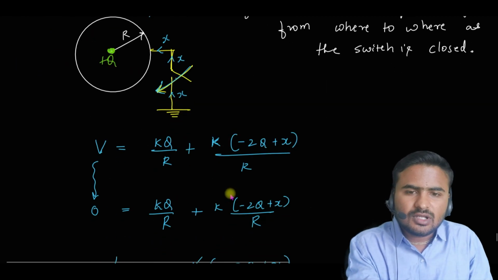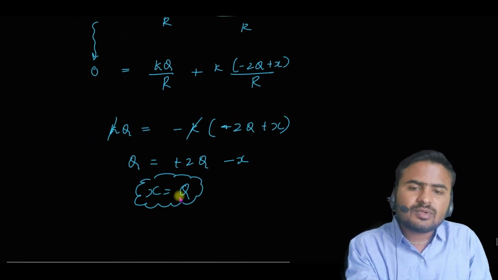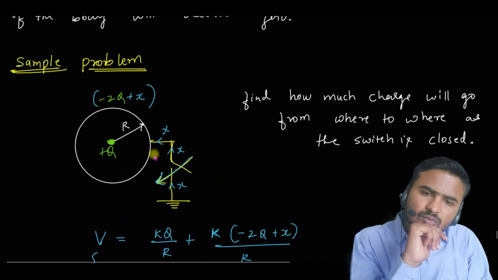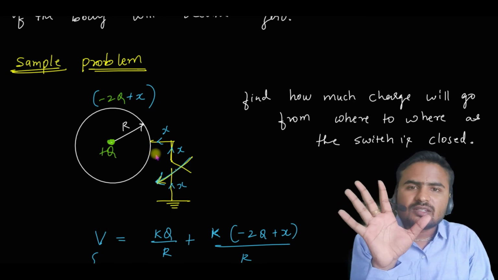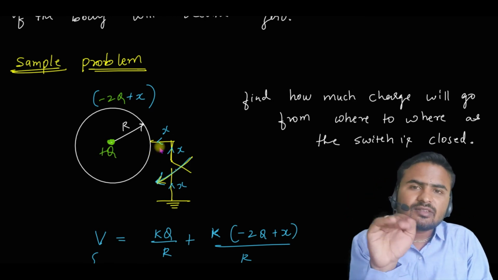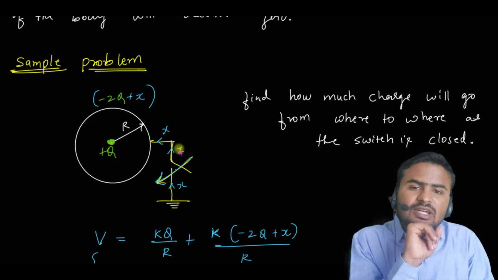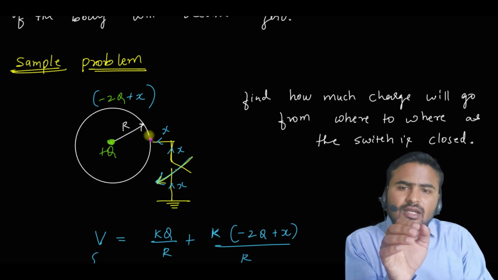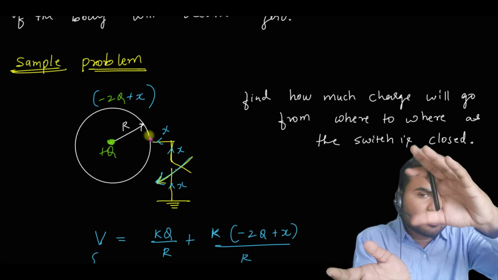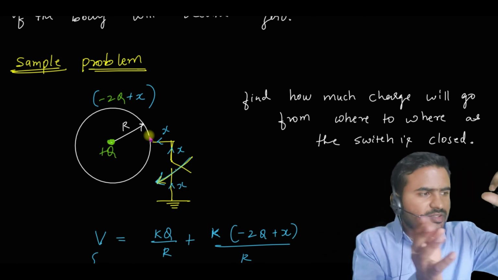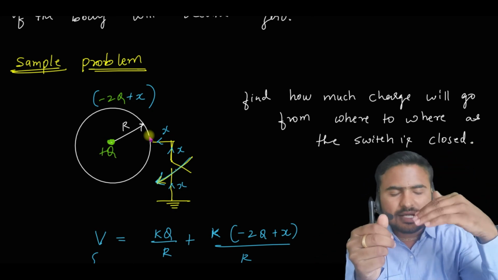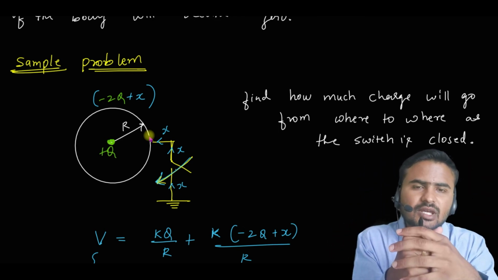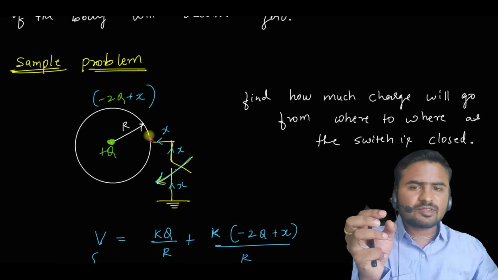See, be very careful. Here x has become positive. x has become positive means what? Protons are being added to the sphere. Do you think protons can move? We cannot. Remember, you cannot charge a body by adding or removing protons, because protons are within the nucleus, right? So that means instead of protons going from the ground to the sphere, you can say electrons have gone from the sphere to the ground. Suppose the positive charge goes from the ground to the sphere, then the sphere will acquire positive charge. Now to have the same positive charge, you can remove the electrons from the sphere, right?